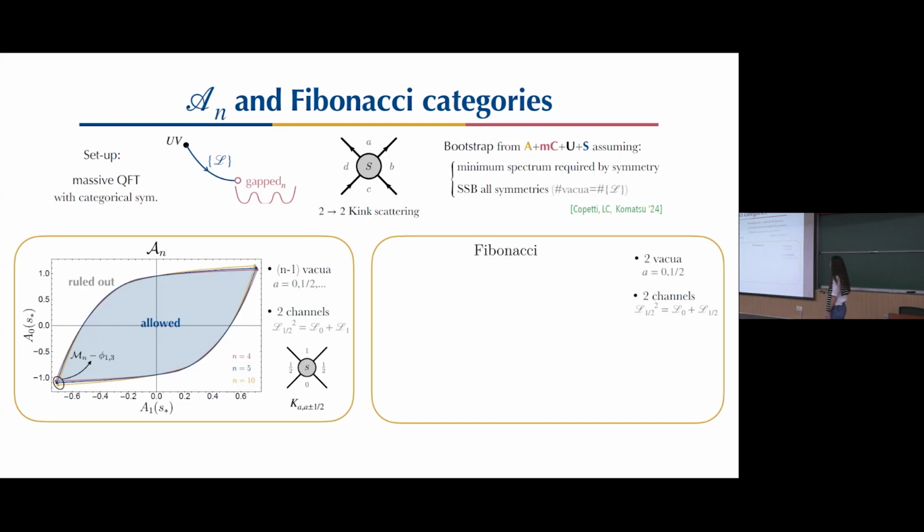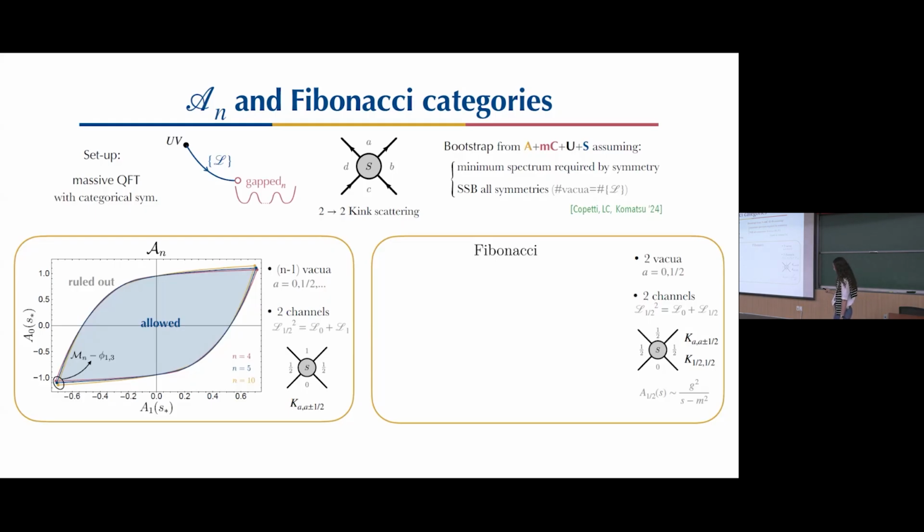So that's for AN. Then for Fibonacci, you can do something similar. Here, if you recall, there were two lines. So we are inputting two different vacua. We have two fusion channels. But now, because of this cubic coupling, you can have these other configurations where you have kinks with the same vacua 1/2 on both sides, so a breather. And this you can interpret as a bound state of the other kinks. So in one of the channels, you actually have a bound state pole,